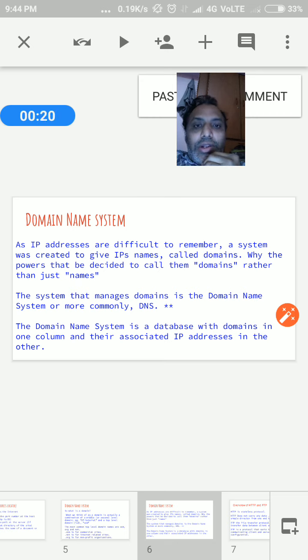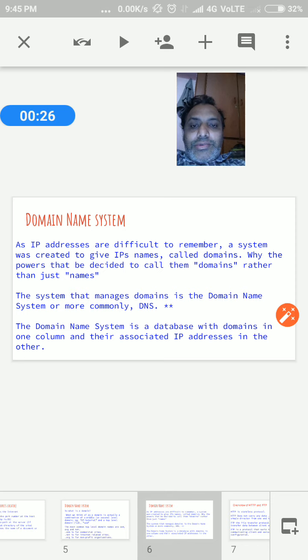That whole table we call the Domain Name System. The table is not only for one name and its associated IP address; it has a number of names and their associated IP addresses. So the whole table we call the Domain Name System. That is about the Domain Name System.